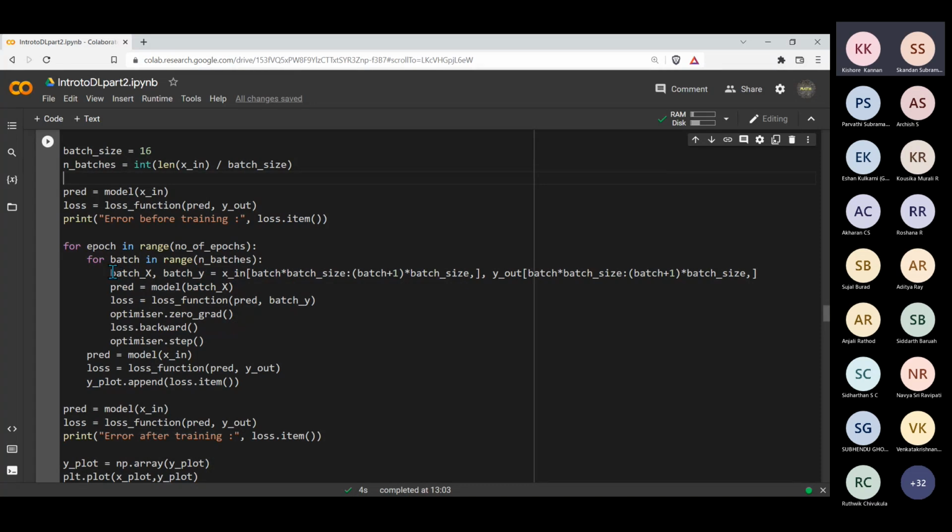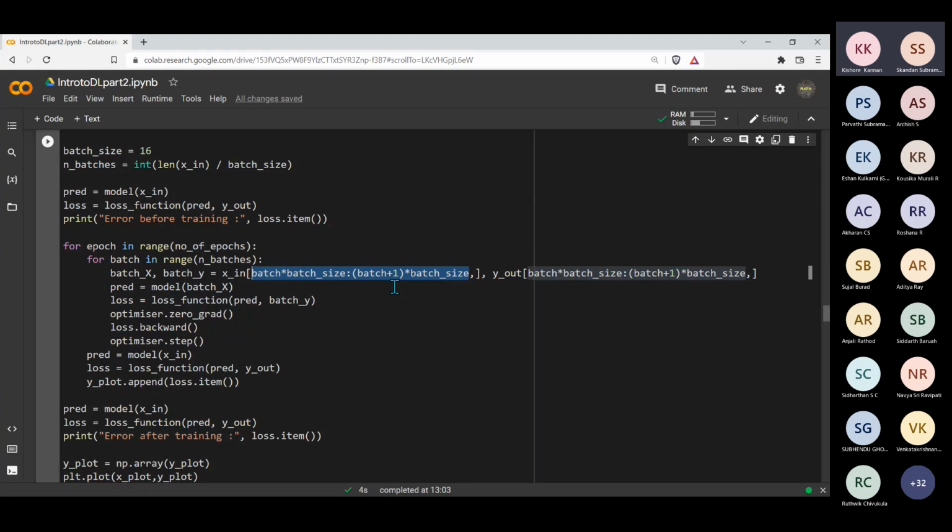So batch x will be x in, and then the index will be batch times batch size to batch plus 1 times batch size. So this is how we slice